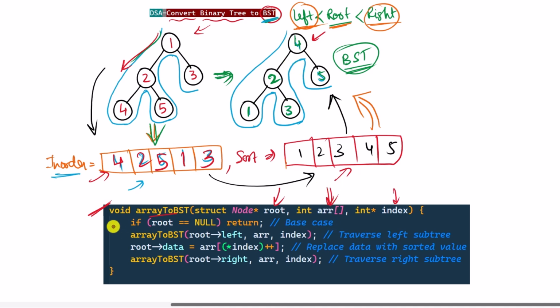First of all, we're gonna check if the root is null. That means if the tree is empty, then we're gonna return. Otherwise, we're gonna call this array to BST recursively. First of all, we're gonna recursively traverse the left subtree. That means this left subtree. And then we're gonna override the root data with the array value. So that means one by one, we're gonna take the array data